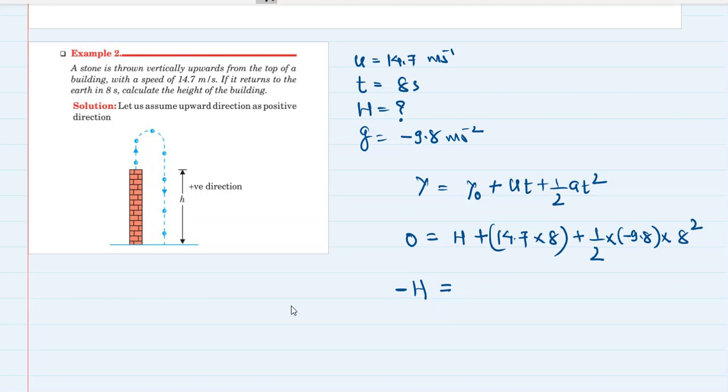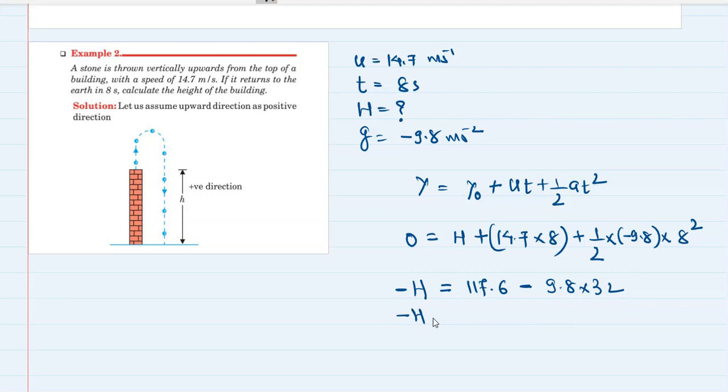It is 117.6, and this will be minus, so we have 8 square, which is 64. 64 divided by 2 is 32, so 9.8 multiplied by 32, that is